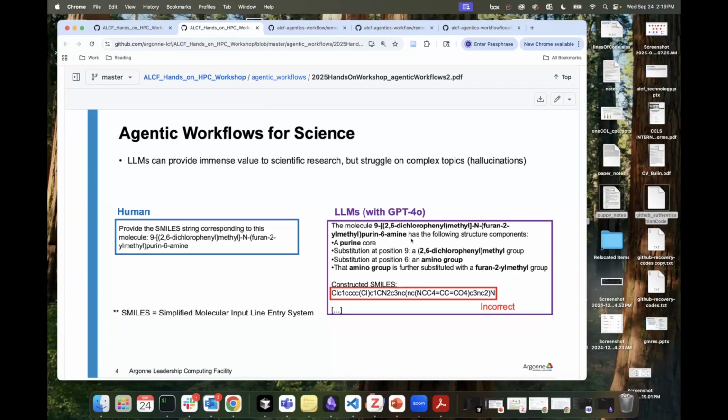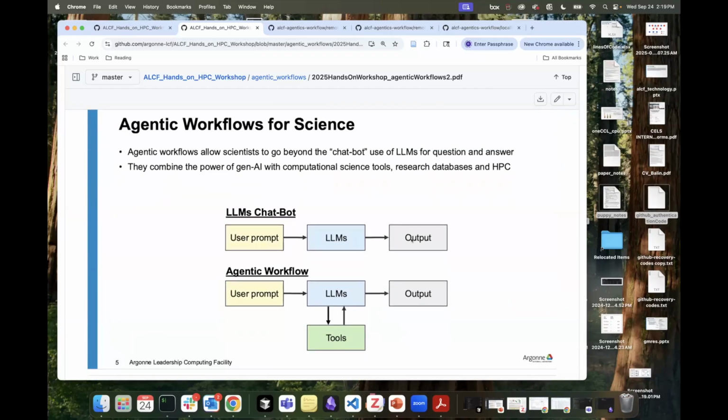And so how do we make generative AI or large language models more useful for science? This is where agentic workflows really can come in and allow us to go beyond this sort of chatbot or question-answer interaction that we would have with just simple large language models. They can combine the power of generative AI with computational science tools that computational scientists have been using on HPC for many years. We can also combine research databases so that we can, through things like RAG, get more accurate data or help the large language models get the information they need to answer our complex questions. And then, of course,